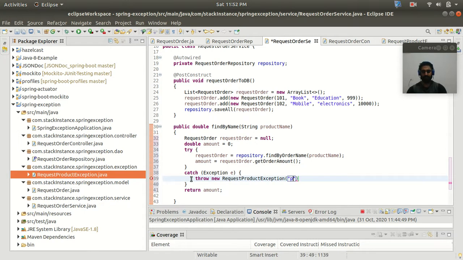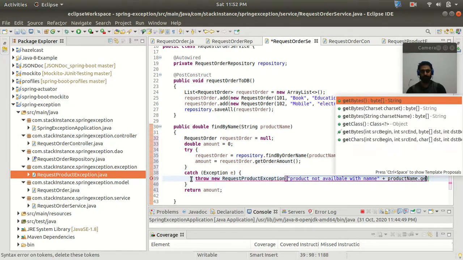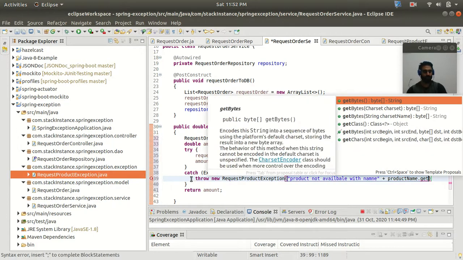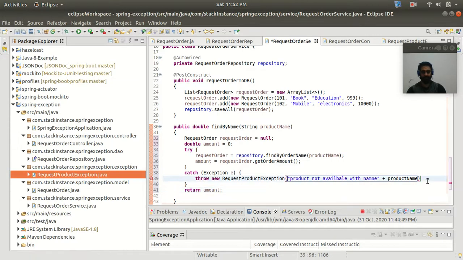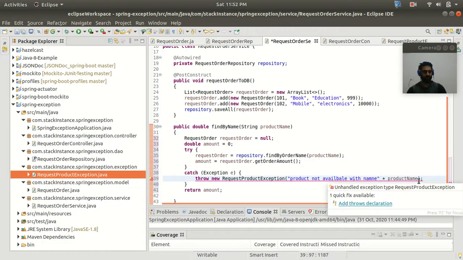Let's say we pass "product not available with name" and provide the product name.